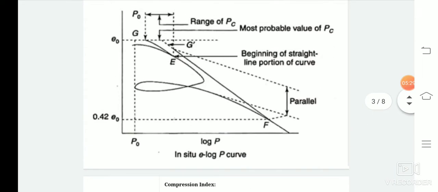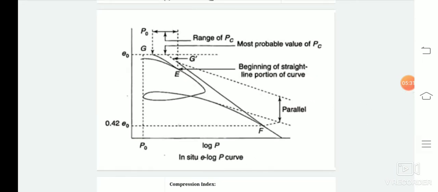What is compression index? Let us recap the previous class, where we studied the load versus void ratio, that is the e-log P curve. In the e-log P curve we have studied that as soon as we apply the pressure, the void ratio keeps on decreasing,